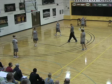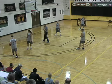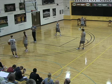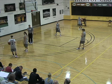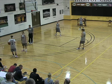If you're a good one-on-one player, I mean, how many sets could you draw up where you get a really good one-on-one player with the ball in the wing and somebody's sprinting at it? That's hard to guard, really hard to guard. Plus,